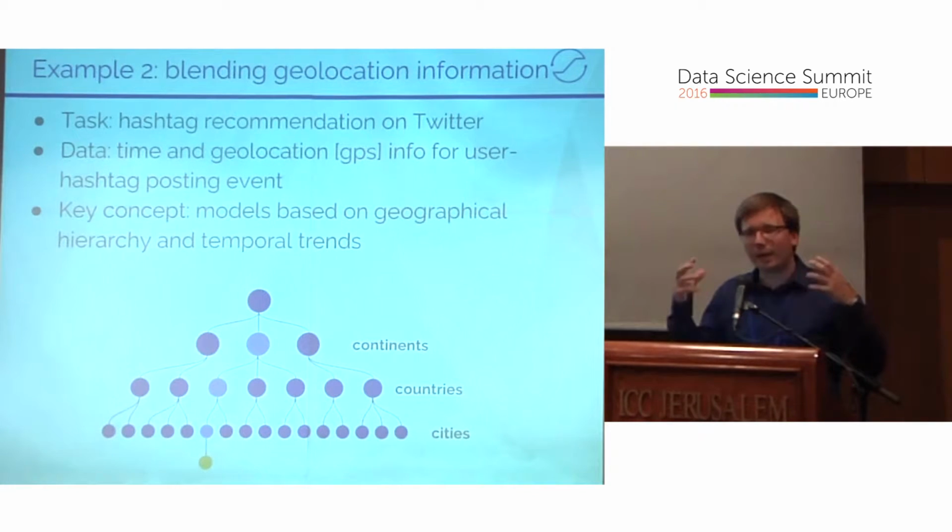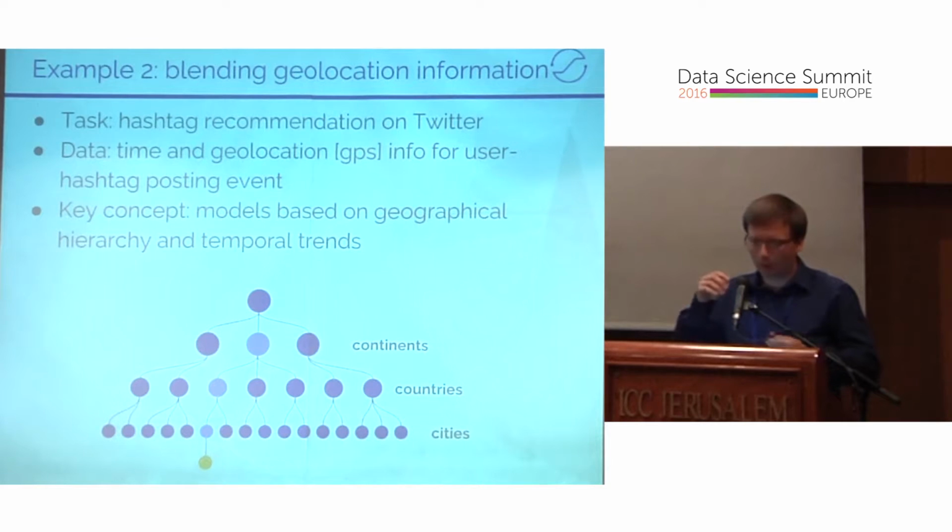We created, by using geolocation, a hierarchical model for the different geolocations. So we created nodes for continents, countries, and cities. And we had this hierarchy in the system. And in each node, we have measures for hashtag quantities like popularity and recency. And then when a given user, noted with orange in the figure, has logged into the system, we have checked her path now based on the geolocations.